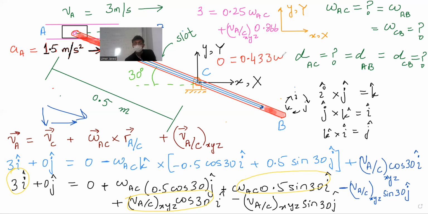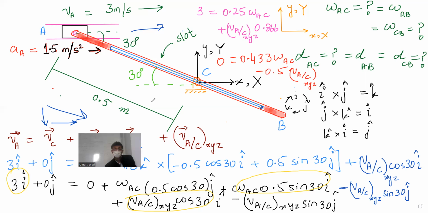Omega AC. Last semester, literally, I was using a calculator along with the class inside the class. Minus 0.5. I think he is answering by looking at here, minus 0.5, with a J unit vector, with A with respect to C small x, y, z, equal to. Two equations, two unknowns. Please give me the answer quickly.